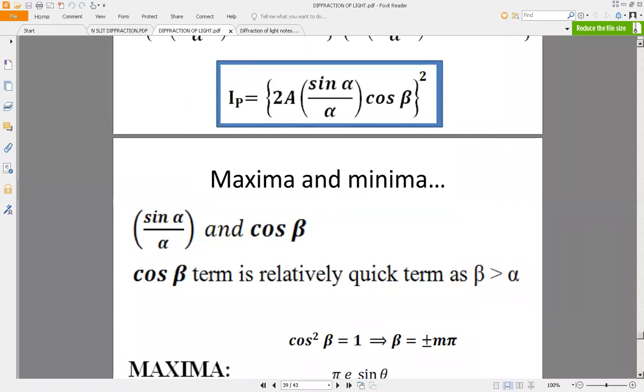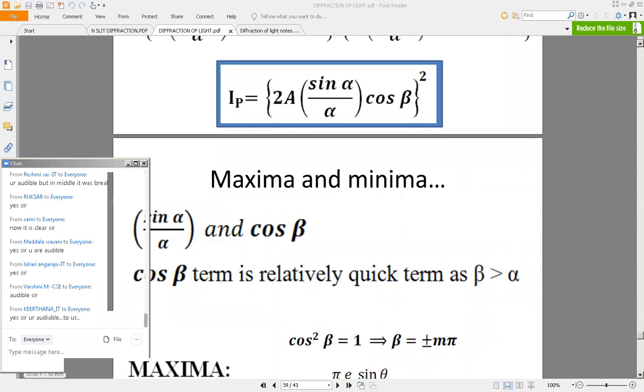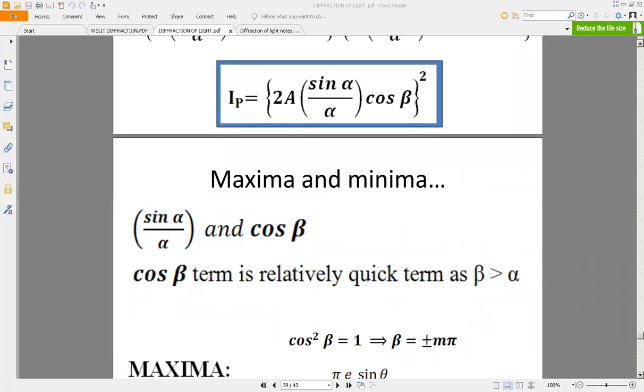Can somebody respond in the chat? I have sin theta and sin 2 theta, two terms. Which one is the fast oscillating term, and which one is the slow oscillating term? Fast is sin 2x and slow is sin x. Okay. Can somebody tell why? Sin theta is slower. Okay, I'm getting the answer, but can somebody justify why it is slower?